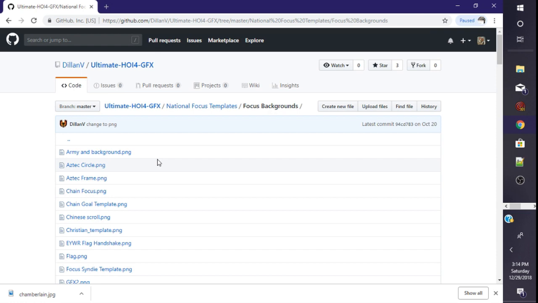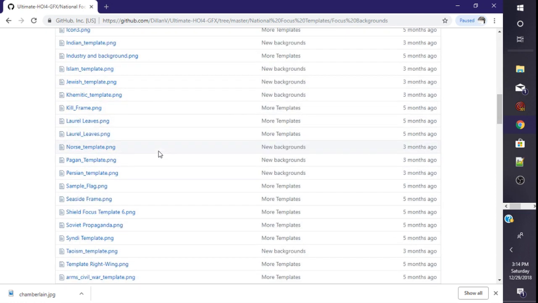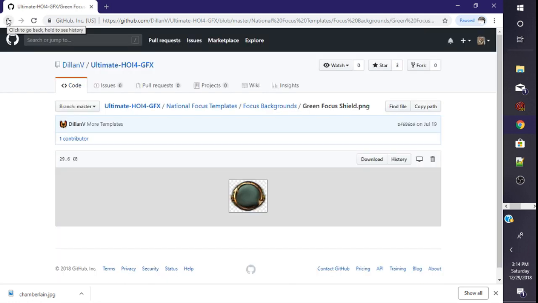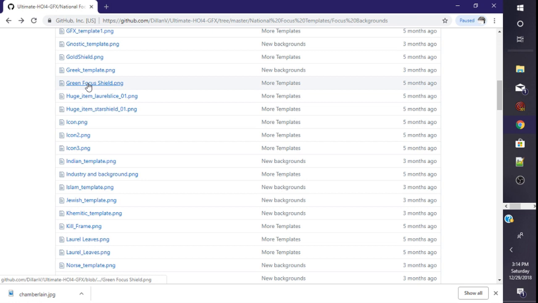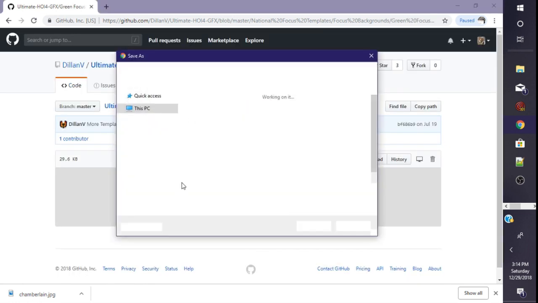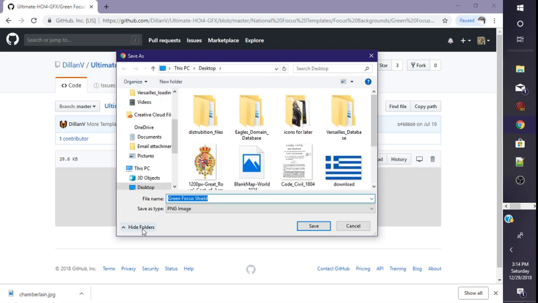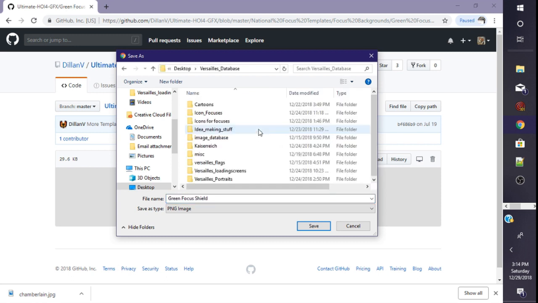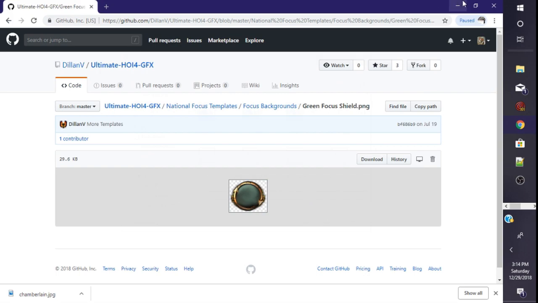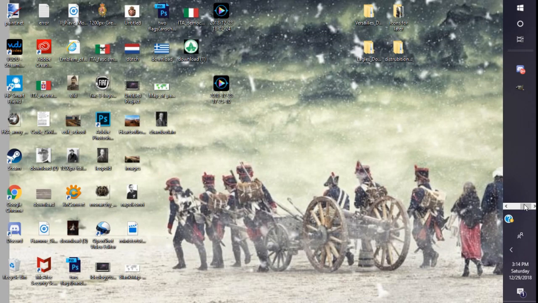We're going to be making something for, let's say, what's this? Let's just get this. And I have a whole thing, I'll put a link in the description for this, so you guys can use this to make icons. So I'm gonna save this to my folder, and you're gonna open your